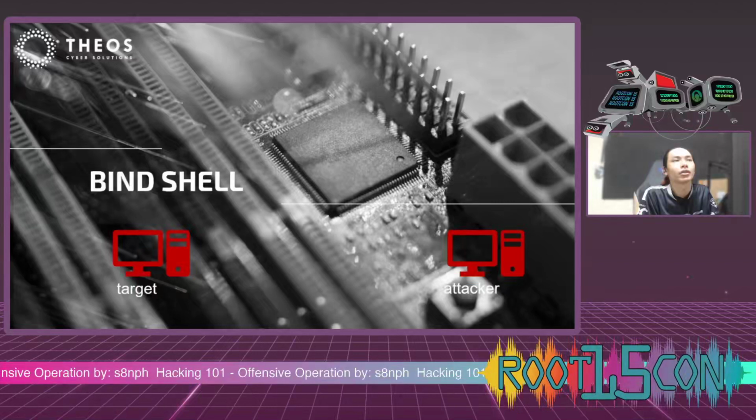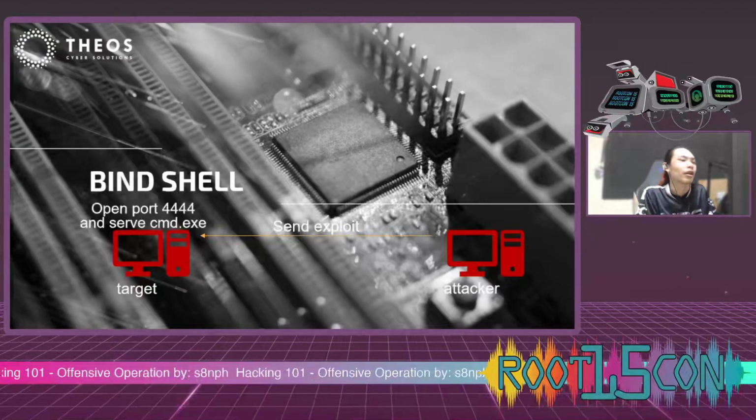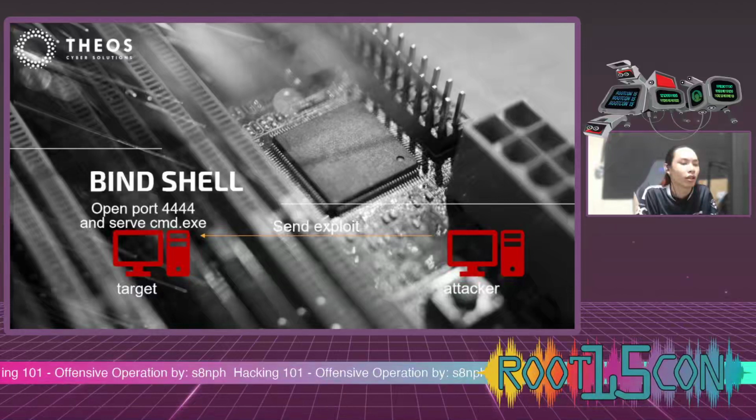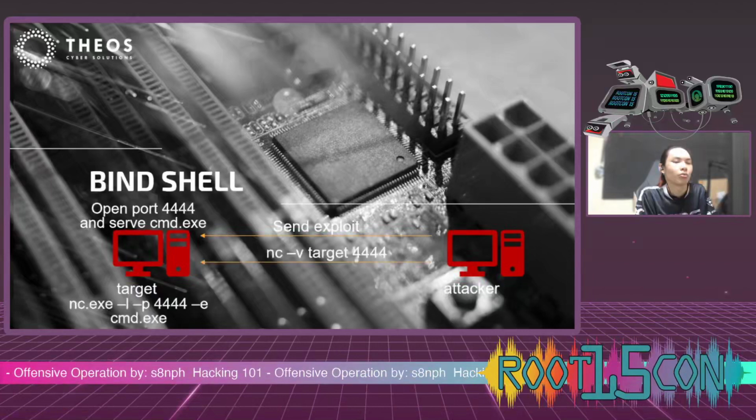So a bind shell works by an attacker sending an exploit to the target, and the exploit would contain something like open port 4444 and serve cmd.exe on that port. And then the target would open that port, and then the attacker would connect to the listening port that his exploit opened. So this is going to be one directional. The attacker is the one that connects to the target,